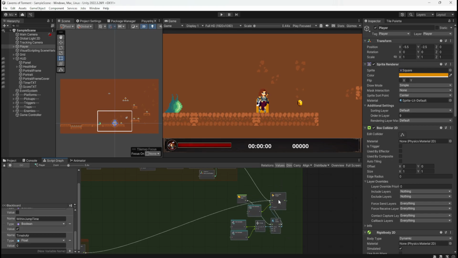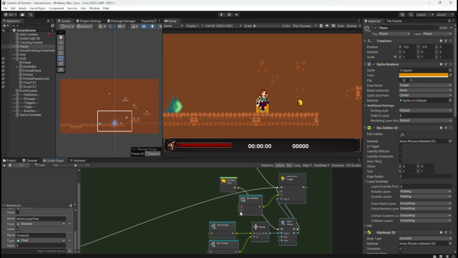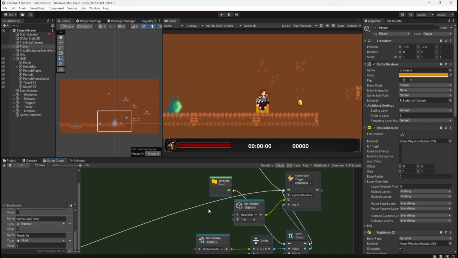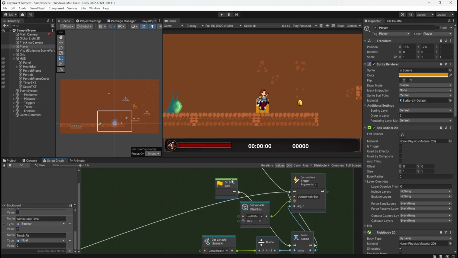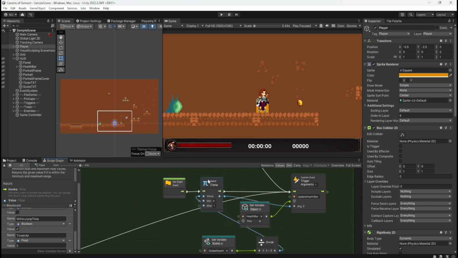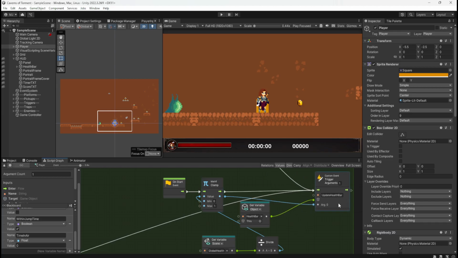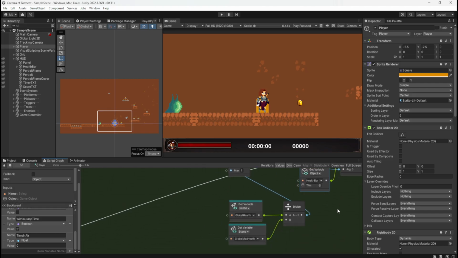So if I just shift this down and let's move that there, that there. I'm going to move that there and move that there. And then if we get this section here,